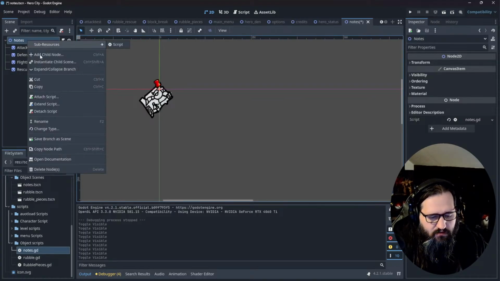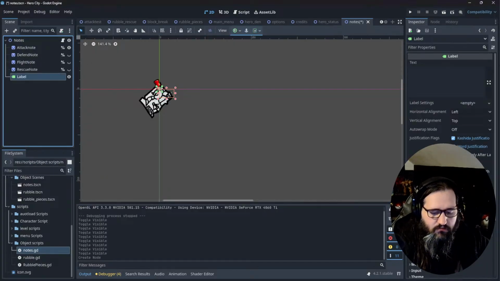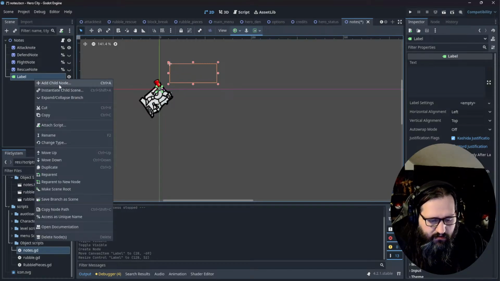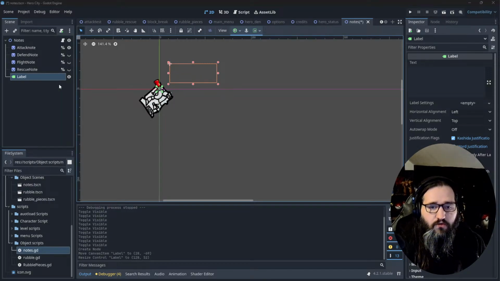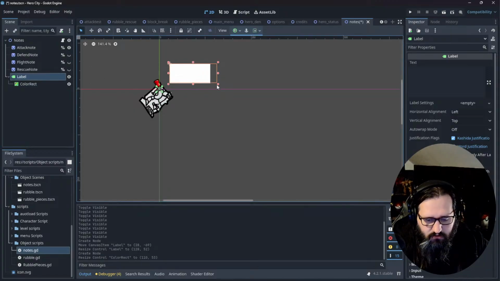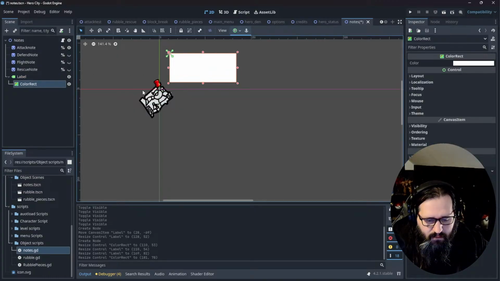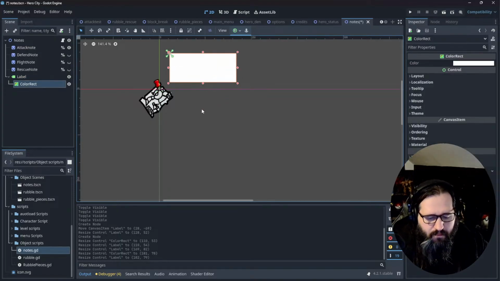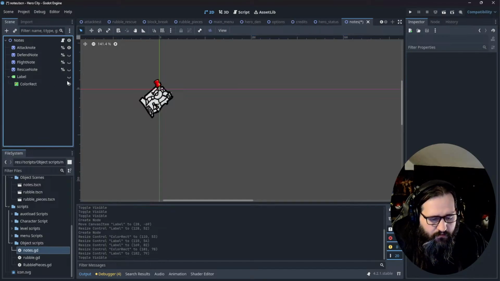So if I go and add child and I add label, because label is the best thing in the world. To this label, I add child and I need a color. Perfect. And then I make sure that this is the same size as this. There we go. All right. So if I hide this,